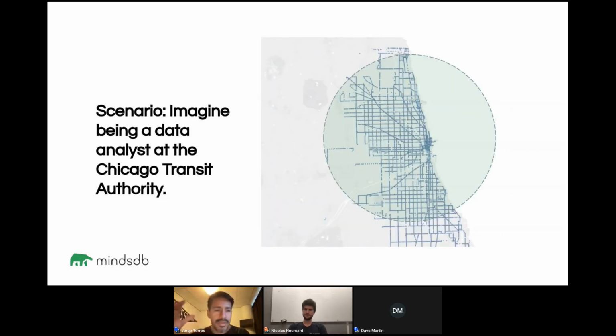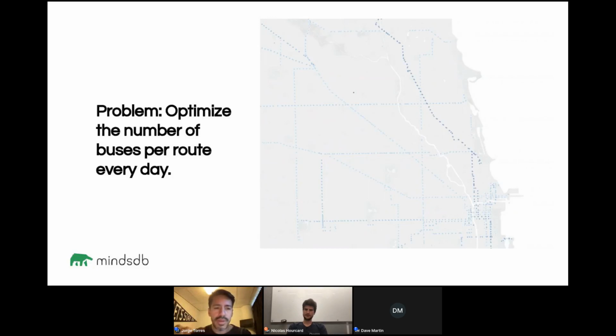So imagine, in this hypothetical scenario, that you are a data analyst for the Chicago Transit Authority, and you want to optimize the number of buses that you put in each route. The problem is that some routes can be very volatile every day. There may be construction going on, or there might be events that are changing the dynamics of the routes.